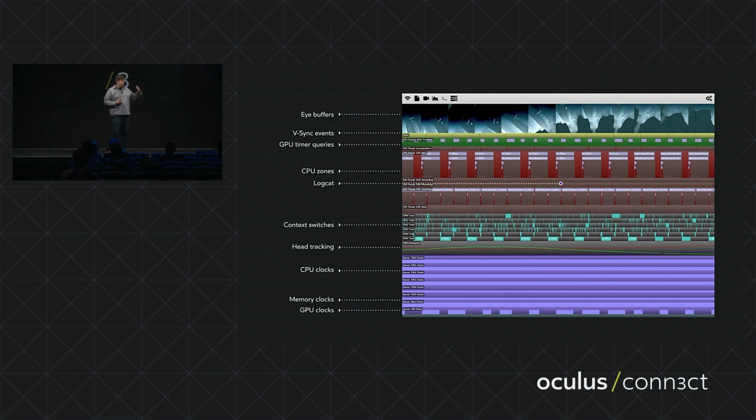We, of course, have CPU performance zones, which are manually placed in the code at strategic locations. Again, this lets you know when things like Timewarp are running or various other expensive operations. We capture logcat for our entire process, and we annotate it in the graph so you can see when a print statement happened in time, on what thread, and relative to other events. There's also